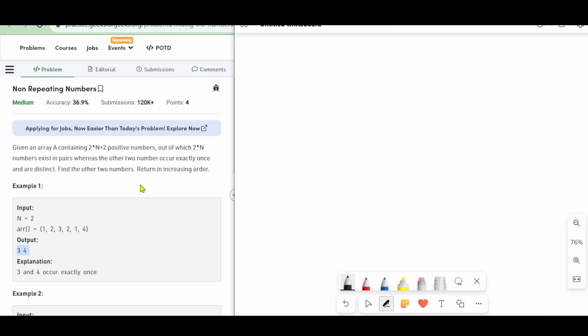In this video, I'm going to explain this problem, non-repeating numbers. It is the problem of the day from Geeks for Geeks. Let's get started. Given an array A containing 2 into n plus 2 positive numbers, out of which 2 into